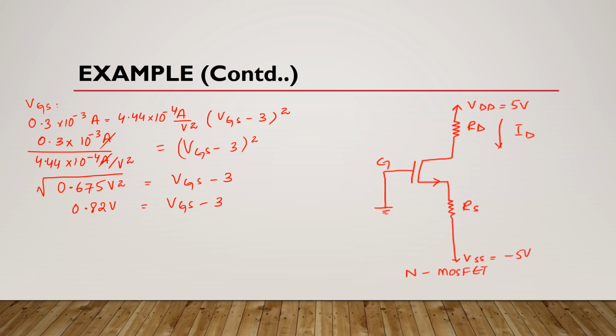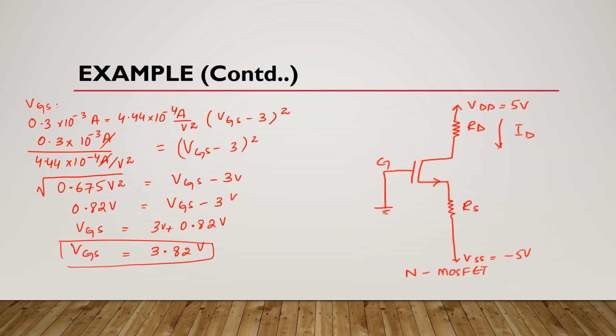If we rearrange this equation, we get gate to source voltage is equal to 3 plus 0.82 volts. It means this gate to source voltage is equal to 3.82 volts. Okay,